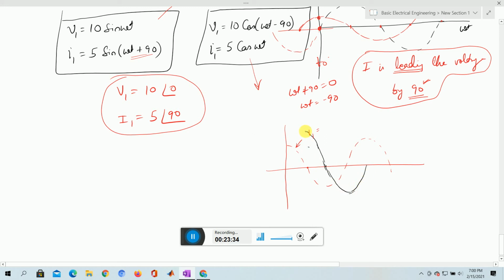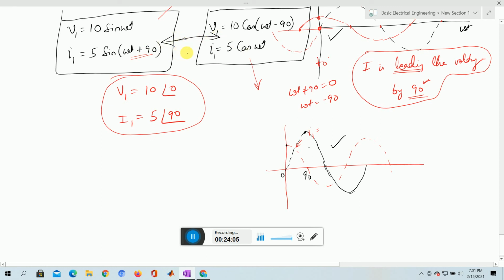So if I can join these two, this line, because it is starting at 90 degree, that is why it is starting from here, and the magnitude is a little bit higher. And here it is starting from 0 degree, because it is cos omega t. Now if I extend this line here, it also gives me the same waveform. Both have the same waveform, so you can have any one of these, and both will give you the same result.